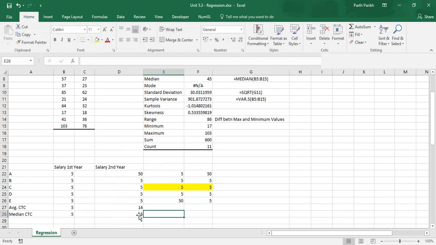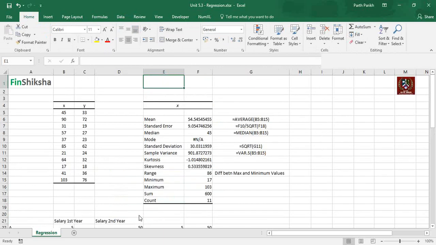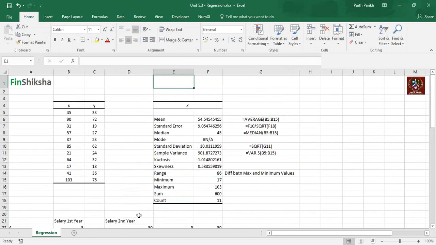So now you see, because most of the people are getting 5 as CTC, my median value is 5. So the median removes the effect of outliers, and that's why the median is more reliable when you have a lot of data points. All right. So that's precisely my point in this particular video, which is to learn about